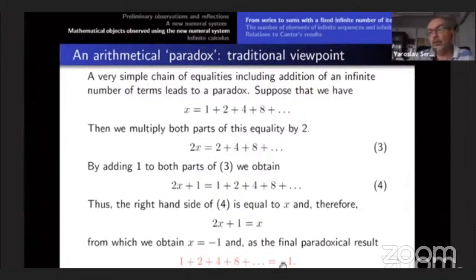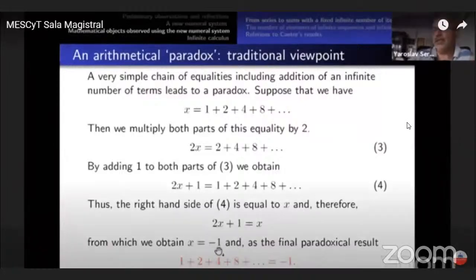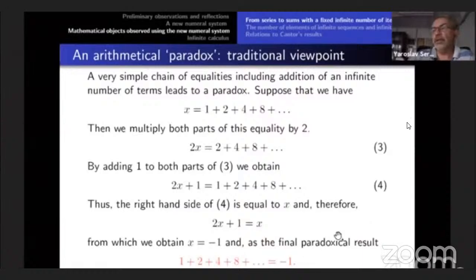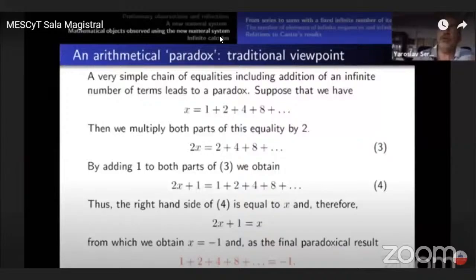But our x is this one. So you see, traditionally, we obtain this result. Here there are no errors. That the sum of an infinite number of positive integer numbers is equal to minus 1. Of course, you can say that this is a series and it is necessary to behave another way. However, this result is considered seriously and as a correct result, because we have done all the traditional steps we do when we work with finite quantities. In the new methodology, what can we say? This result is